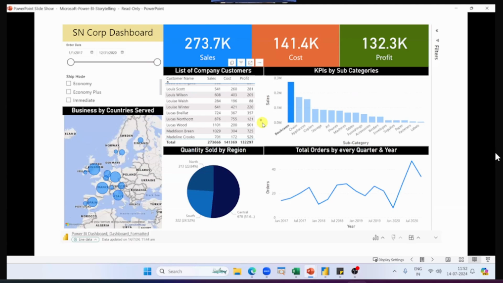This one single thing, this one single effect of Power BI in PowerPoint is enough for you to separate yourself from the rest of the entire department that you're working in. My question to you is very simple, guys. How many of you would agree to the fact that in your entire department,